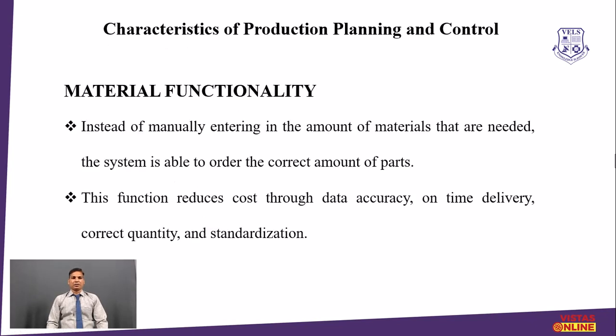The first one, material functionality. We know very well that without an input material we cannot produce a finished product. Material selection and material usage is one of the prime duties of the production and operation manager. So they need to take the correct material while spending the money. Mostly the operation managers check a sample of material. Once satisfied with the sample, they will spend money on buying more orders.